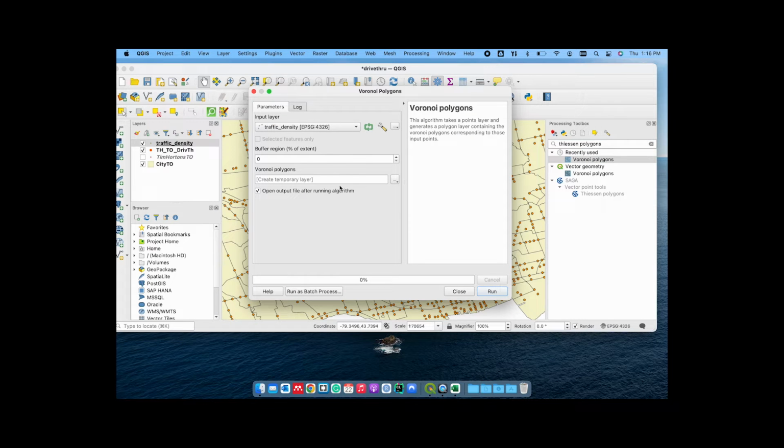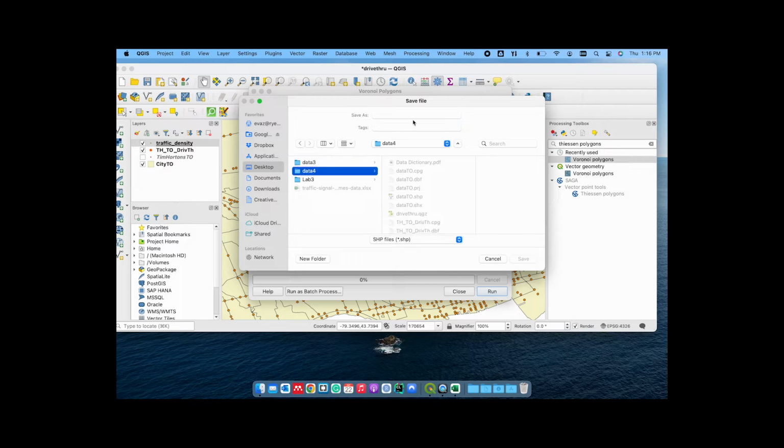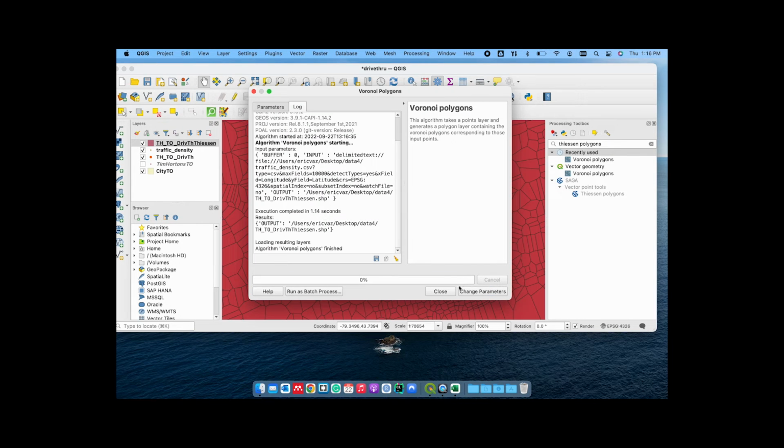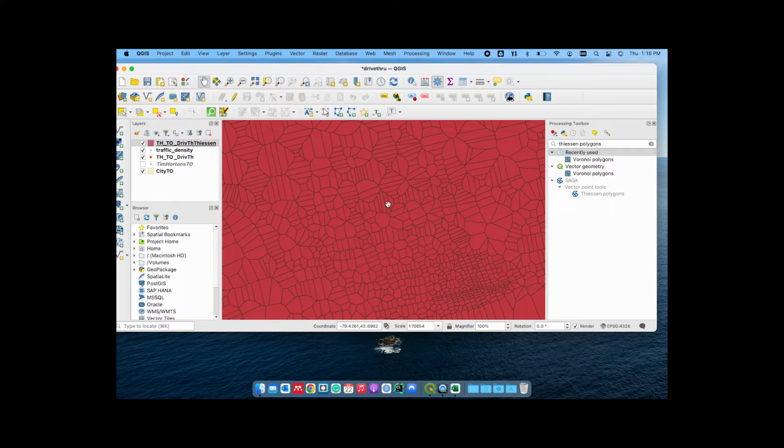Let's start first by adding Thiessen polygons. As you know, we can go to Processing Toolbox and do Voronoi polygons. Let's save it under our data 4 and call it th_to_drive through Thiessen, and this will give me